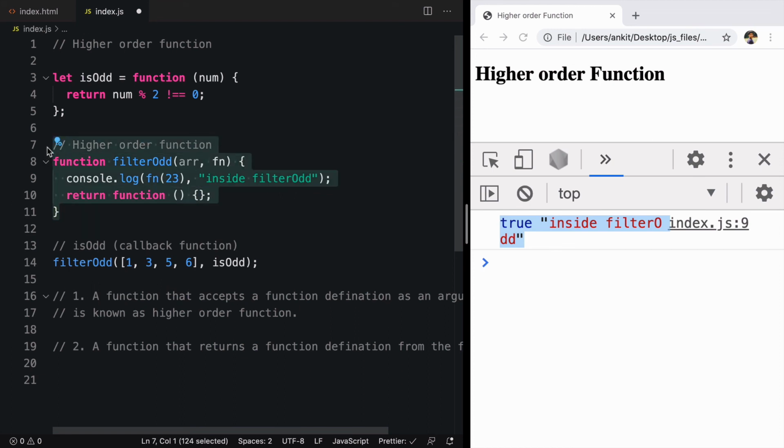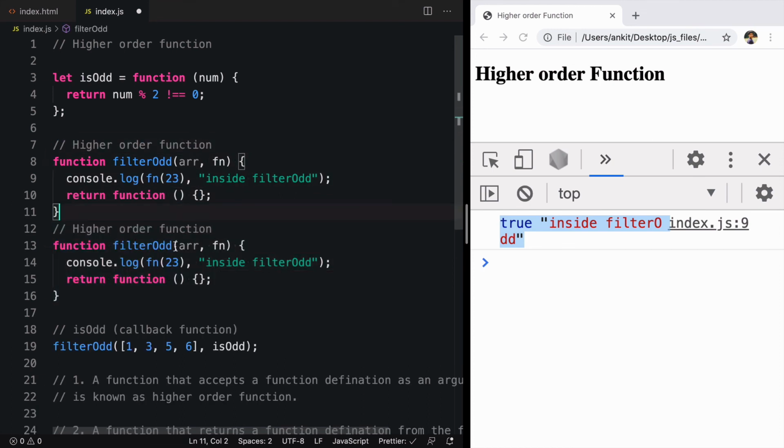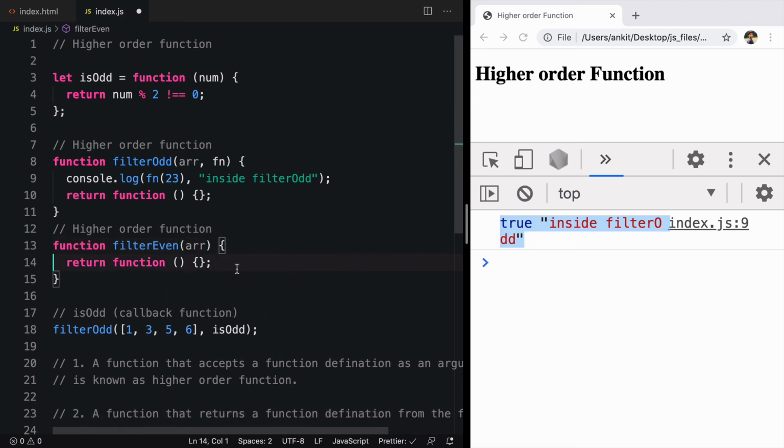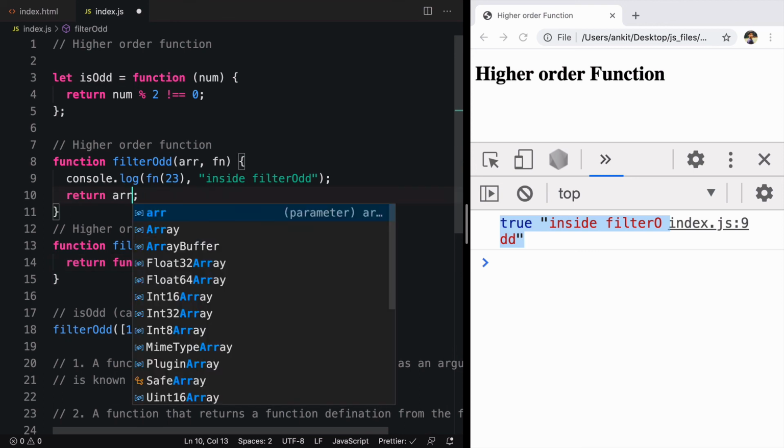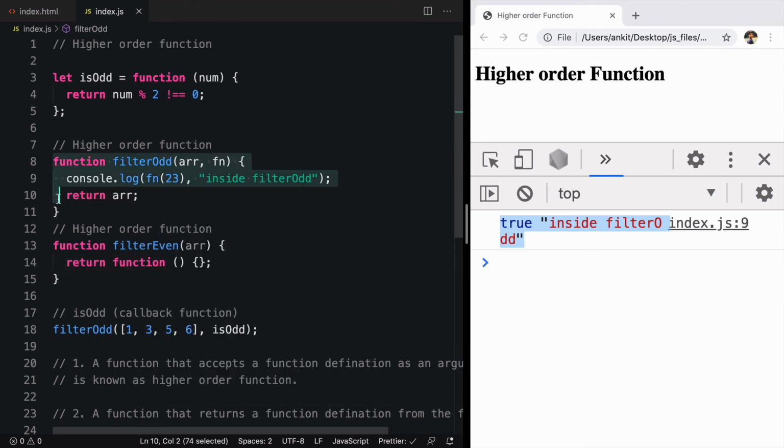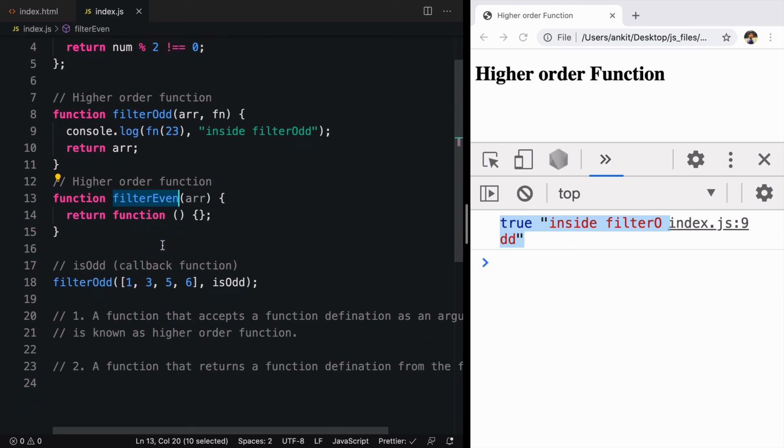We'll go ahead, create a copy of this function and name it filtereven for now. It doesn't accept any function from outside. It only returns a function. So here, this is a higher order function that accepts a function definition, and this is a higher order function that returns a function definition. If any of these cases are true for any other function, that function becomes a higher order function.